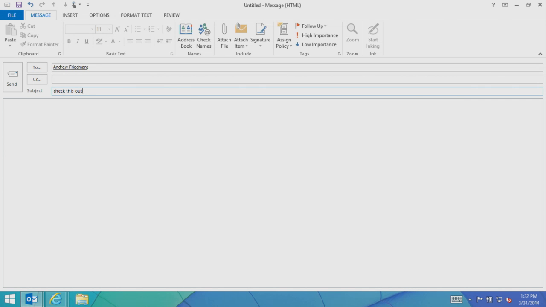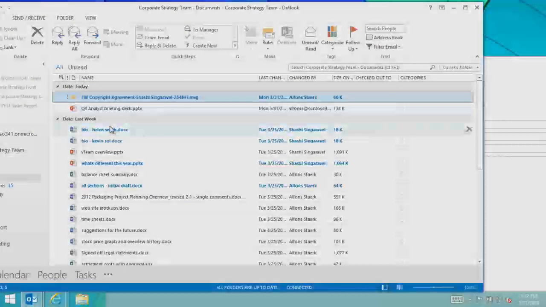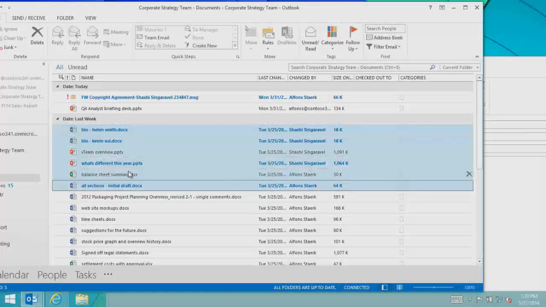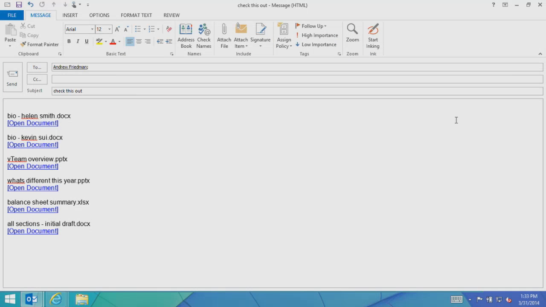Okay, sorry for that. So I want to share a bunch of documents with Andrew. I can do that pretty much the same way I did it for one document. I select the documents I care about, I drag and drop them into an email, and I have all the links to the documents right in my email. So it's a super, super easy way to share from the SharePoint side and to make sure it works against that one version of the truth and not validated later